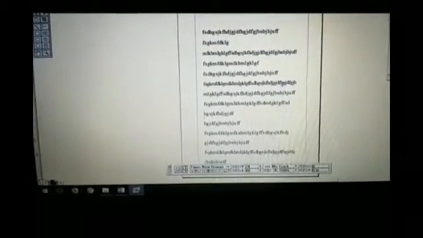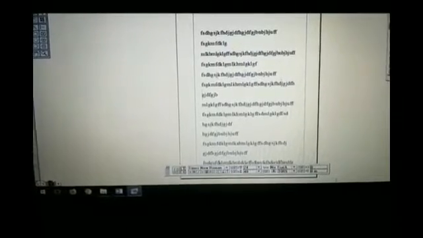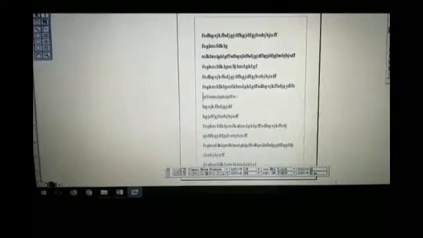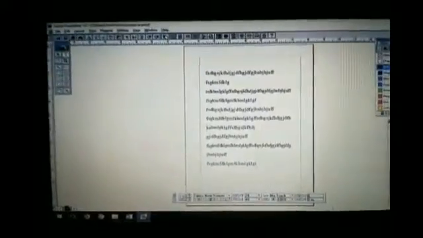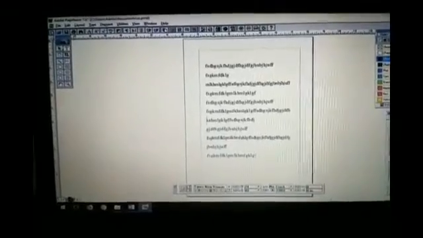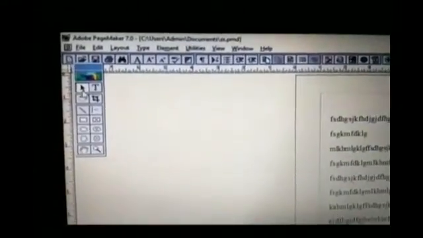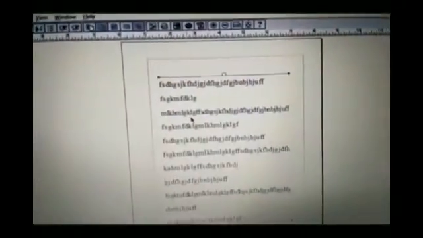It is so congested that the letters got shrunk according to the margin. So by pressing the enter key, we are moving the text to the next line. Are you able to see this? So what we have done is just entered the text in our text block. By clicking the pointer tool, we are selecting the text block.